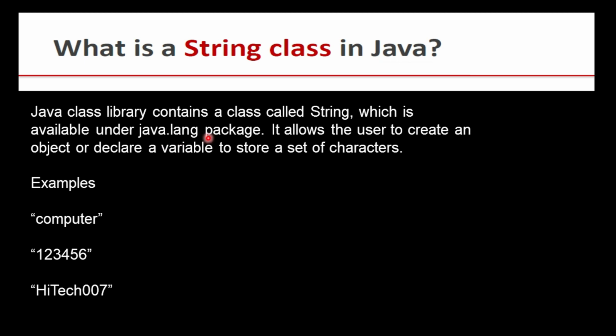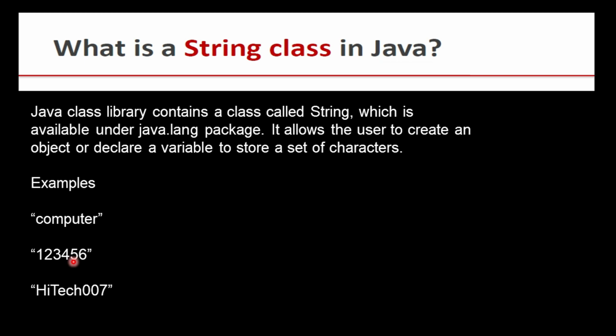In it there is a class called String, and there are a lot of methods related to string. Those methods we are going to study. These methods are meant to manipulate strings. It allows the user to create an object or declare a variable to store a set of characters. See the example, in double quotes, computer. The numbers and characters are mixed here. These are all examples of